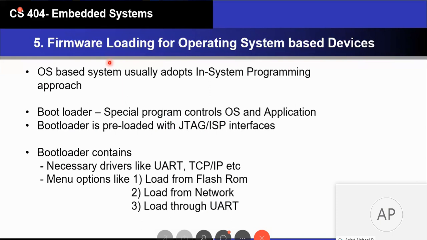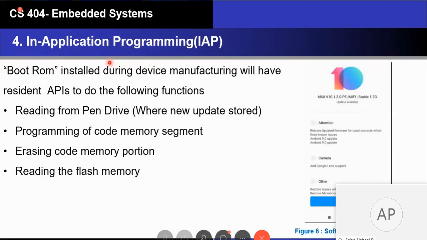Till now, we have discussed the methods used for non-operating-system-based systems. Non-OS-based means the firmware is considered the only software part in an embedded system. That means the embedded system can be divided into two parts: hardware and firmware.